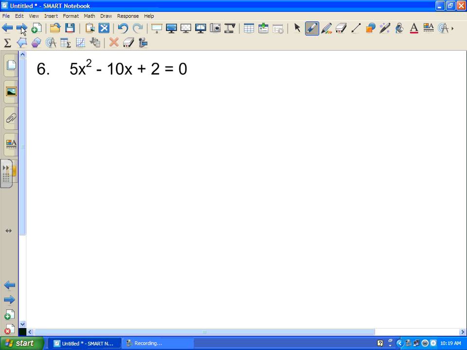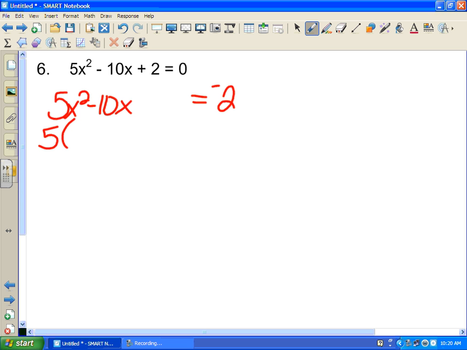Okay, anything that makes this one different? 5. Move the 2 over. So when, yes, thank you, negative 2. When I have something in front of the x squared, there's an extra step. Okay, I need to, since I'm factoring, I need to move that outside the parentheses, factor it out. Okay, we've done this before, it's dividing the GCF, but the GCF is just whatever's in front of the x